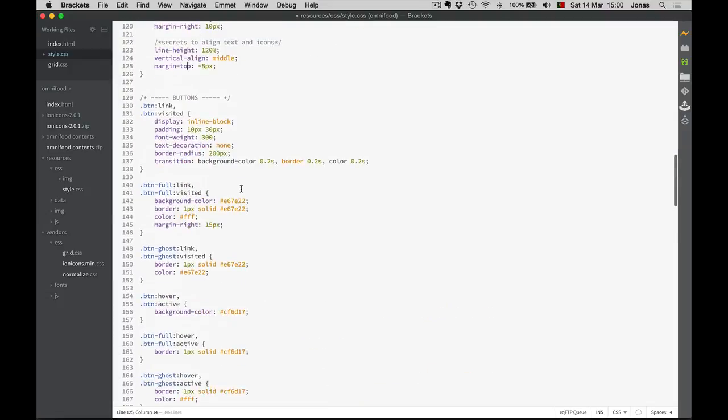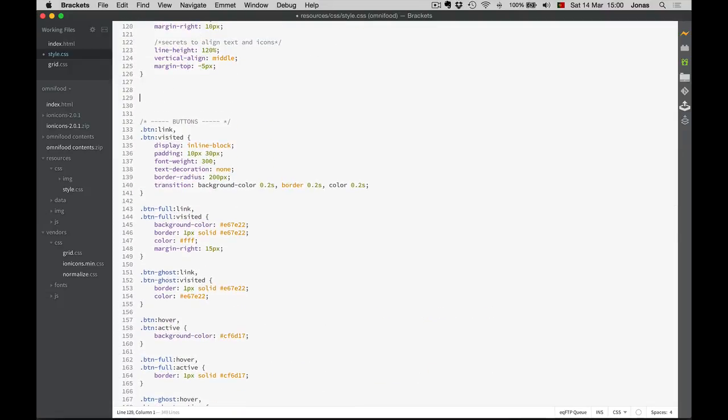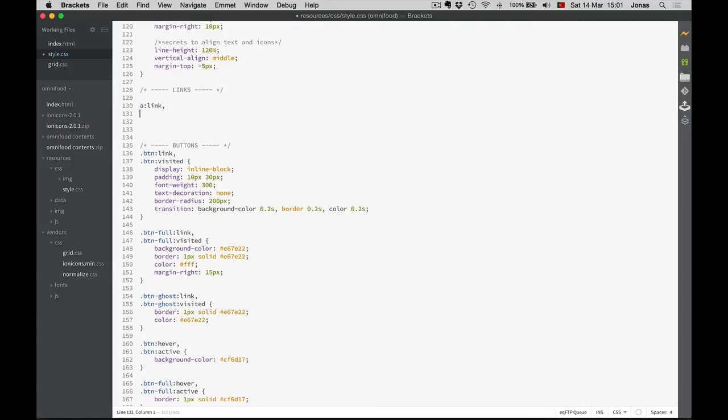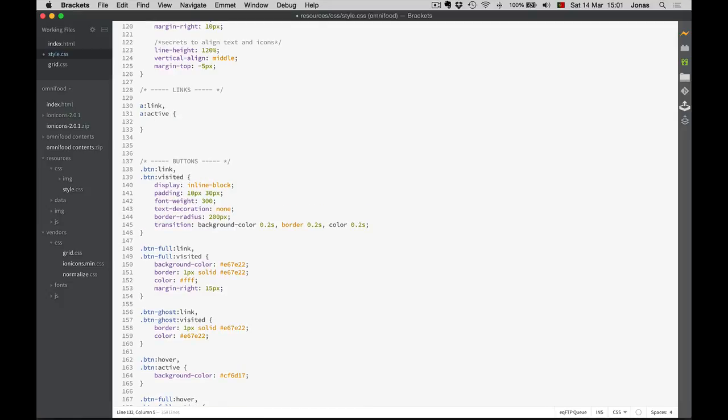So I will just open a new code section here for generic links, because we will use these links in more places, maybe. So now I have to format all links at the same time, and so I just use the A, because that's for the most generic links. And I will here, such as I did the last time, specify the link and the visited state. So I want the color to be